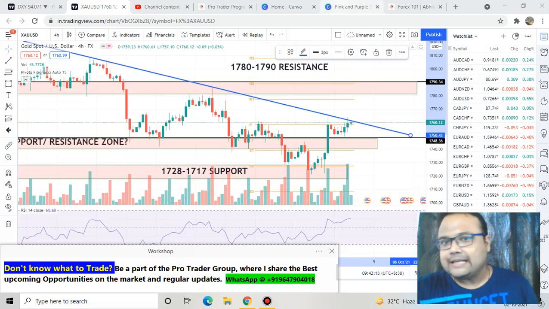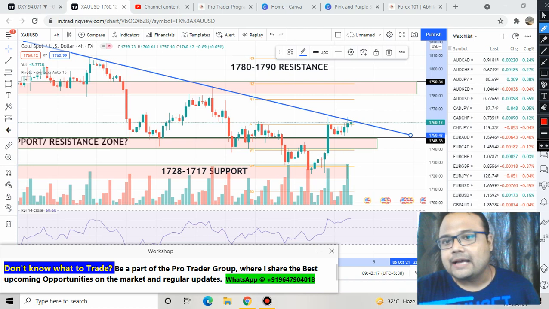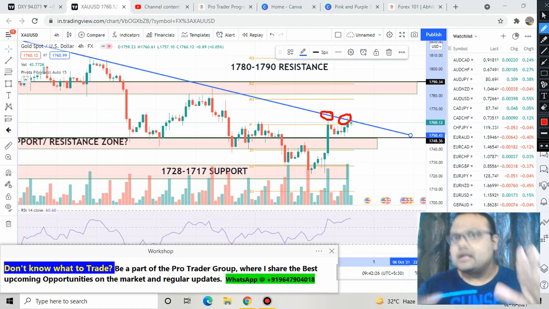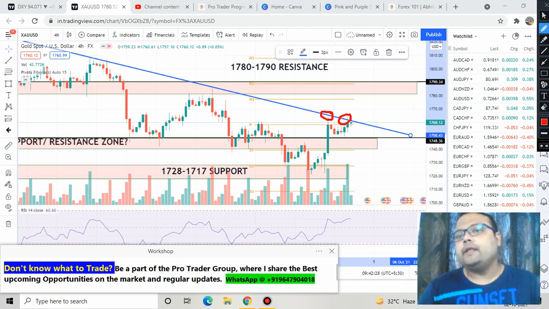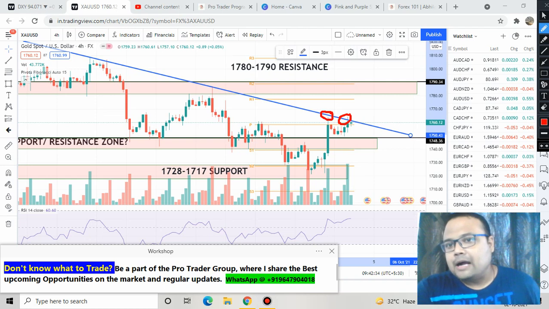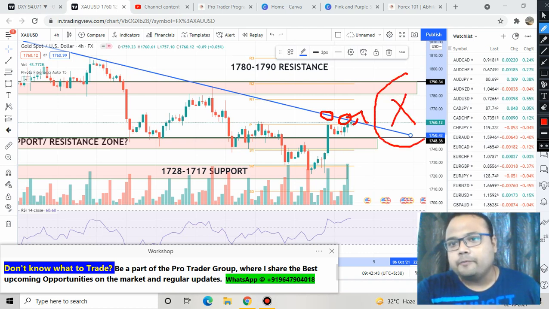As you can see, the market is just standing at the resistance, and on Friday the market did try to cross the level, but failed. So it confirms that this trend line is a resistance, and on Monday after the market opening, you will again find the market trying to cross this level. Just keep in mind one thing, and listen to me carefully: until and unless the market breaks the trend line, you should not trade.